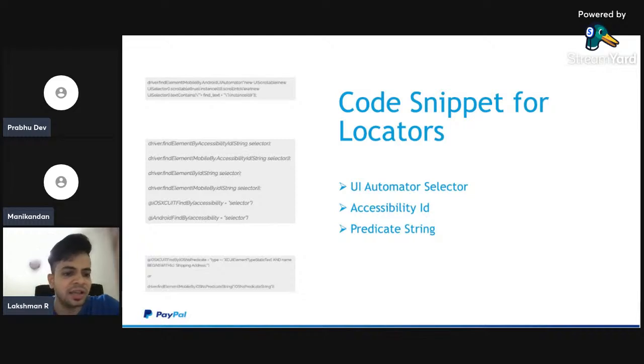You can design it more like an XPath query, as we do in Selenium. The syntax for predicate string is shown at the bottom left of the third image: @iOSXCUITFindBy, or driver.findElement with MobileBy.iOSNsPredicateString, and you can write it like this. This is a small snippet. Yeah, go to next slide.